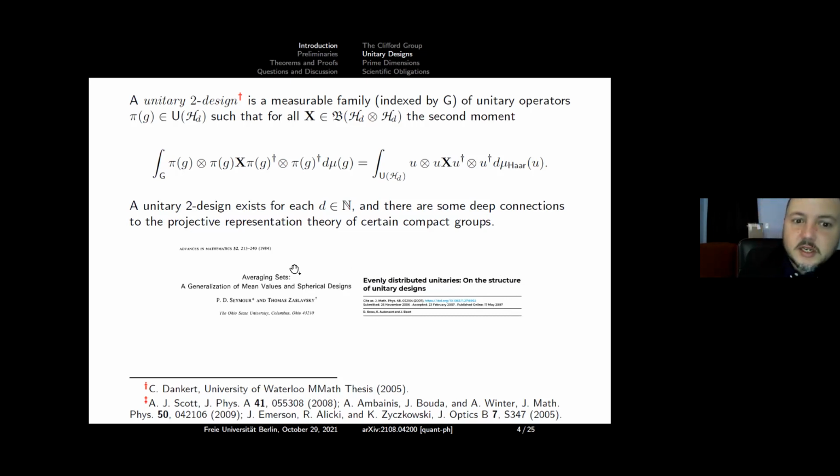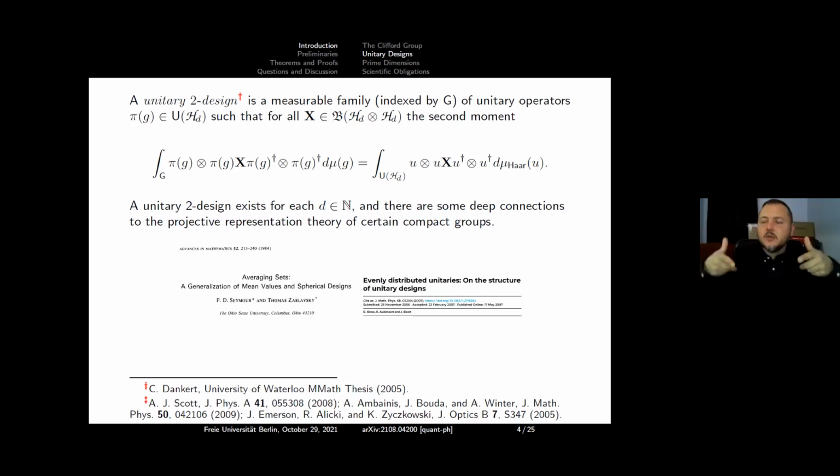And I'm also pointing to this paper from 1984. So you might say that seems a little out of place, the year. One can consider a general notion: if I have some sort of measurable set and I want to reproduce the average. So here's the general idea. Imagine I've got just some general measurable set, and I'd like to reproduce some moments. I'd like to choose some points in a symmetric way such that when I take the average, it's the same as going over the whole space.